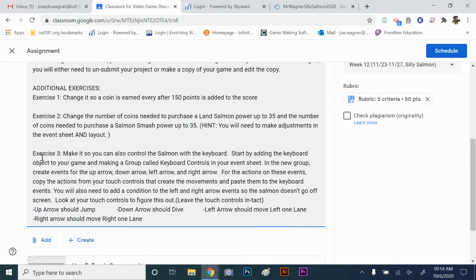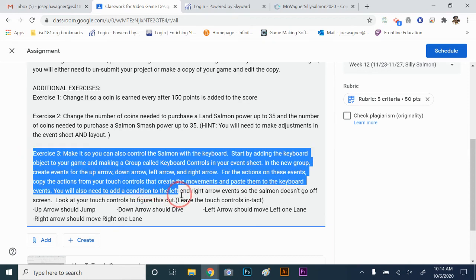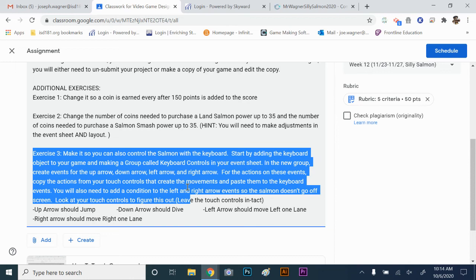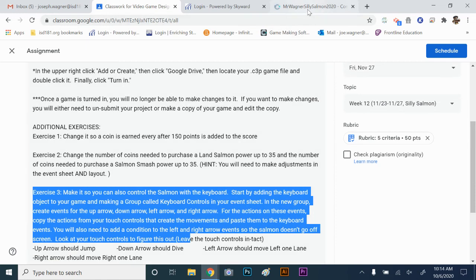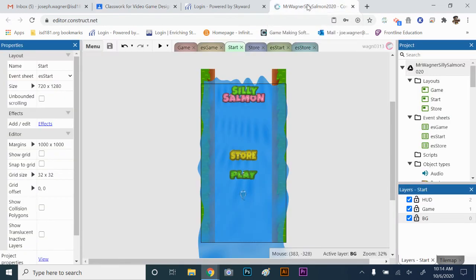The third exercise, this is the challenging one. Basically, what I want you to do is make it so you can also control the salmon with the keyboard in addition to touch controls. Okay. I will give you a hint on this one because it's a little bit trickier. And I don't know if I have a separate video on this or not, but if you go to